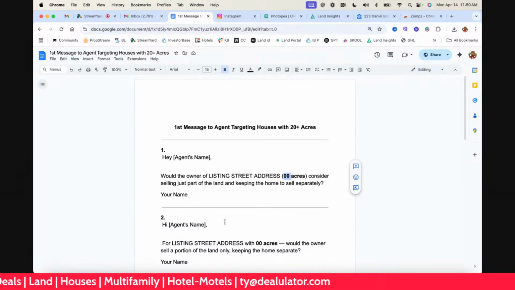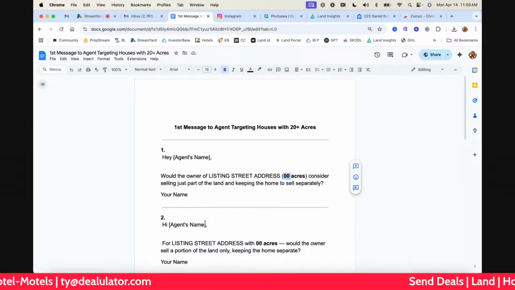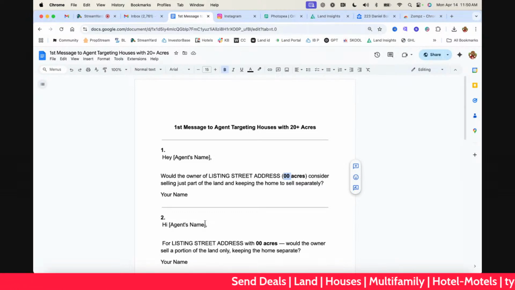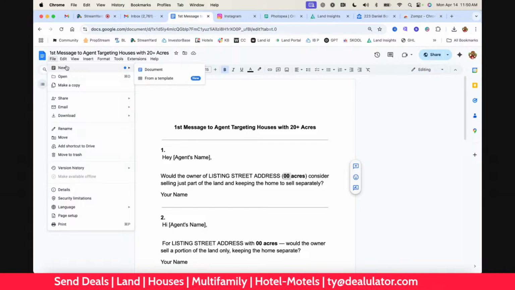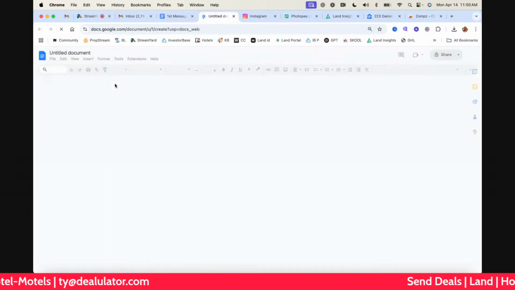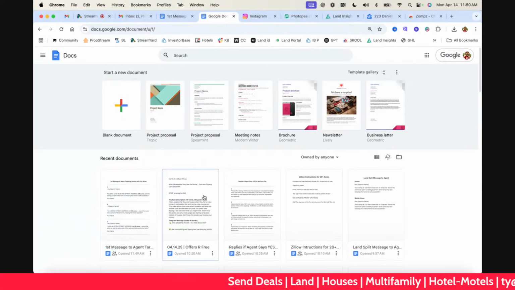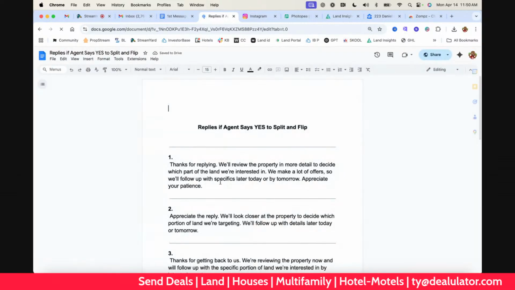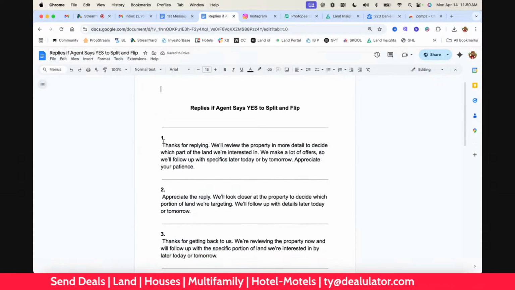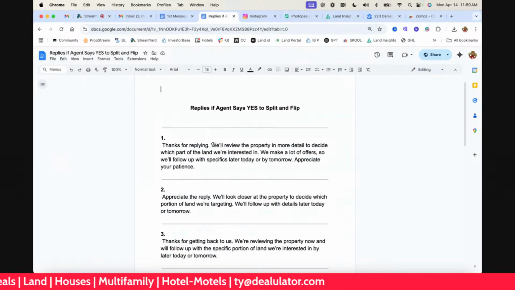Okay, now, if the owner, if they say yes, and normally they're going to ask you how many acres were you thinking of purchasing, then what you'll do is you're going to send a version of this message here. These are the replies if the agent says yes. So: thanks for replying.